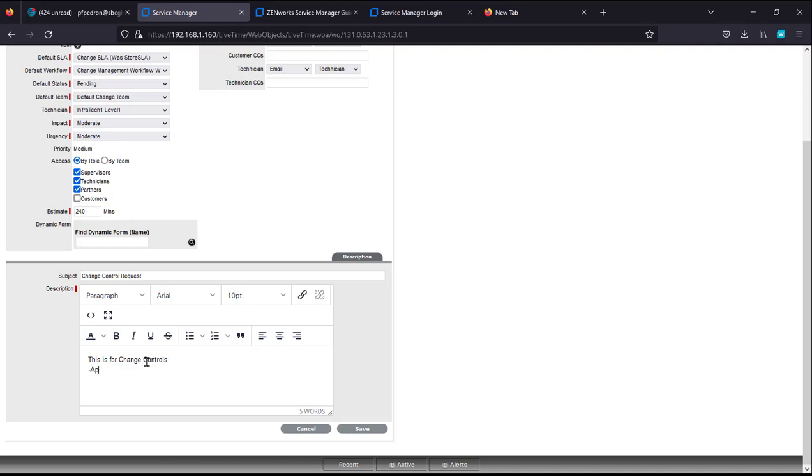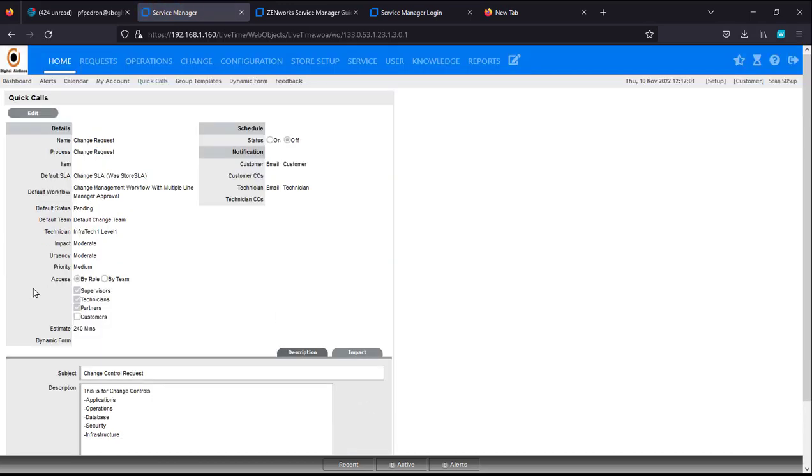And we can put applications, operations, database, or what do we do, security, or infrastructure. Okay, we'll hit save. Now we haven't applied the dynamic form yet, but let's go ahead and look at our